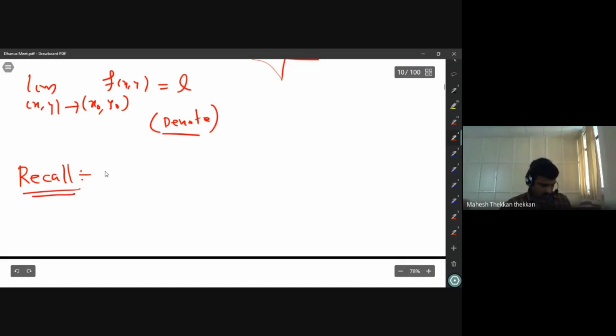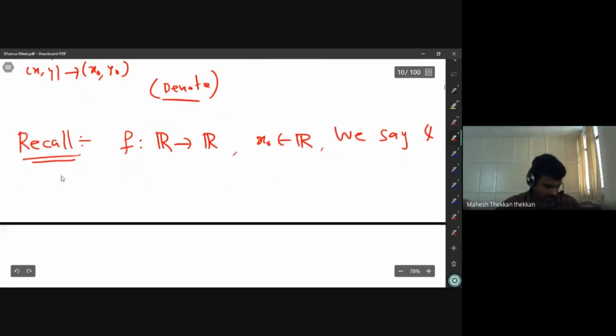So f from R to R, and x naught is some point in R. We say L is a limit of f at